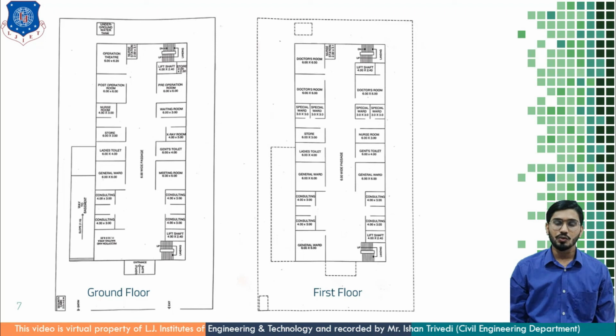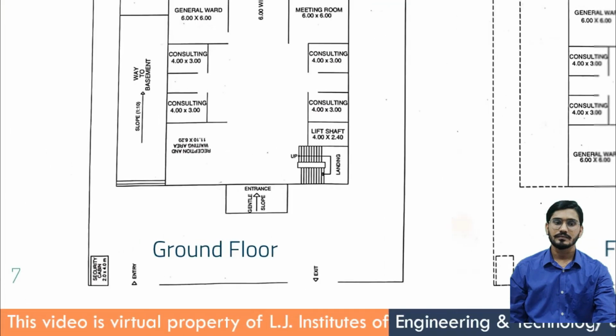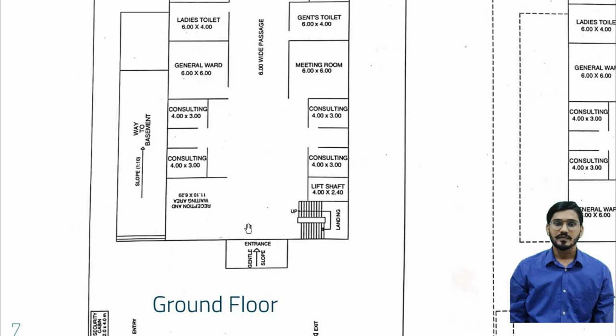So let us have a plan of a hospital building. I am giving you here a 2-story plan of a hospital building. So let us study this hospital layout with the dimension of each component. So first is the security cabin, which is essential, and here the entry and exit gates are separate. While you are entering, you will find a porch. Near the porch, there is a staircase for going to the first floor.